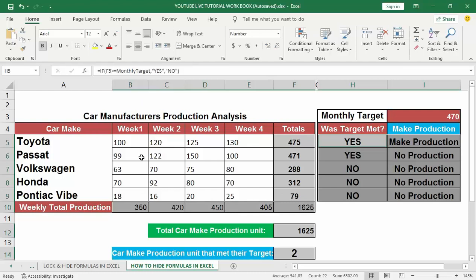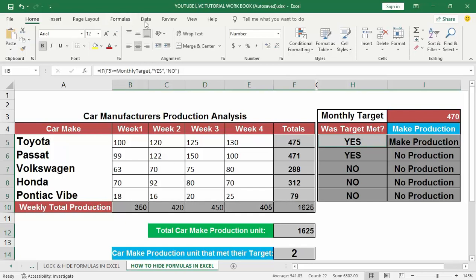Only checking the Hidden checkbox wouldn't do anything. To truly hide formulas in Excel, the cells should have the Locked and Hidden boxes checked, and the sheet should be protected. Note, it should be protected before the formulas in the cell can be hidden. Basically, we have to lock and hide the cells from the above step. Now let's protect the entire worksheet so that those formulas can be locked and hidden. Here are the steps.